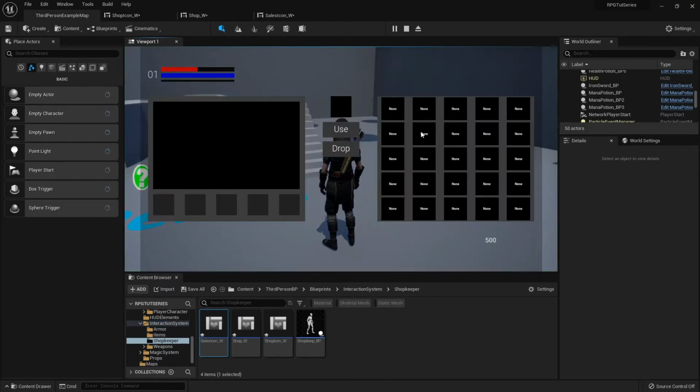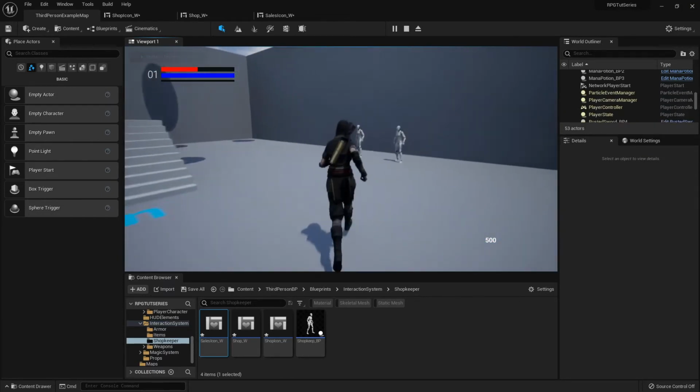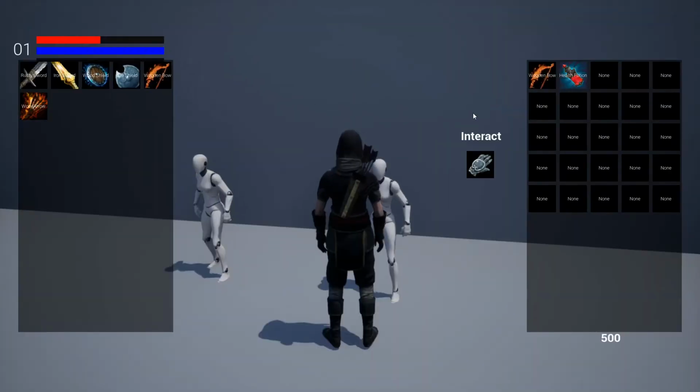So if we run in, I don't think I have anything right now. Let me pick up some stuff. So yeah, now you can see it's got my stuff over here, its stuff over here. Now the only problem, it doesn't tell you how many health potions I have right here,